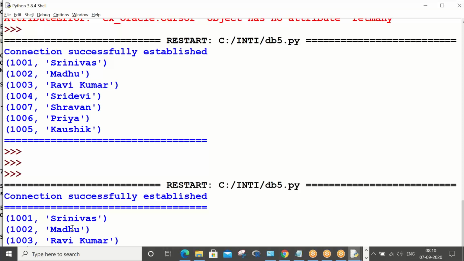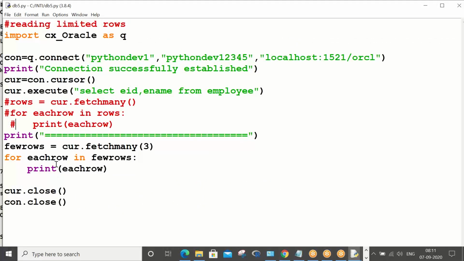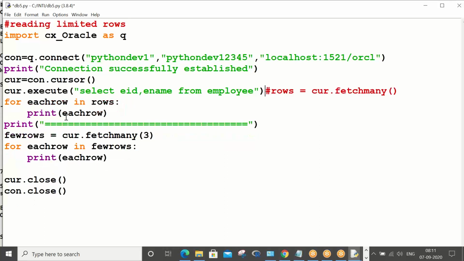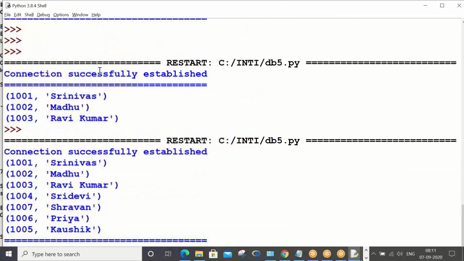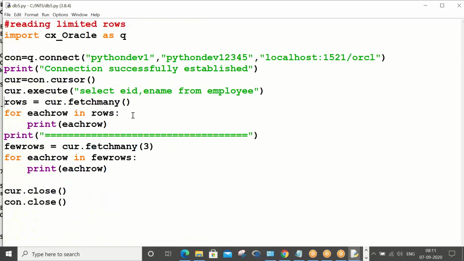So basically, you understood, right? fetchmany of three means only that many specific rows it is bringing in. But calling cur dot fetchmany two times is not working. Why? Okay, so my guess is that cur fetchmany should be called only once in a program.